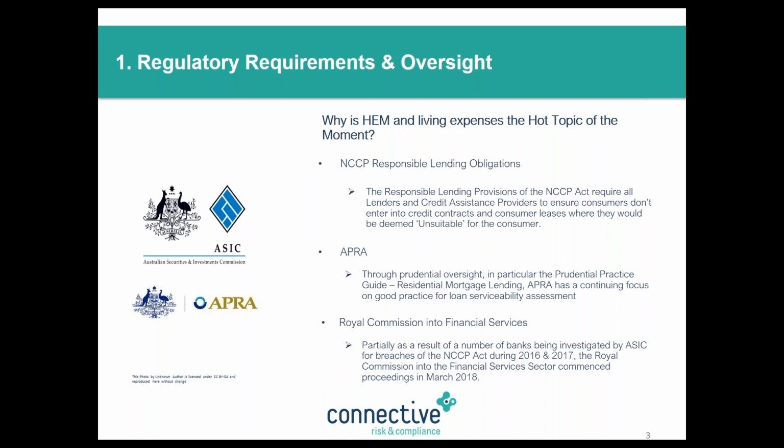And that's boiled away in the background over the last 6 or 7 years, in that APRA have, of recent times, been putting pressure on the banks to use customer identified living expenses to calculate servicing rather than just using a benchmark. The HEM benchmark has become seen as being light on when talking about expenses that are